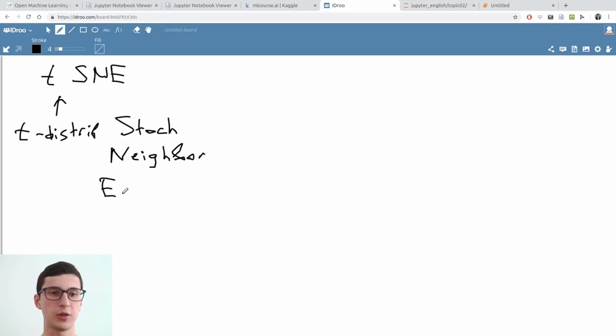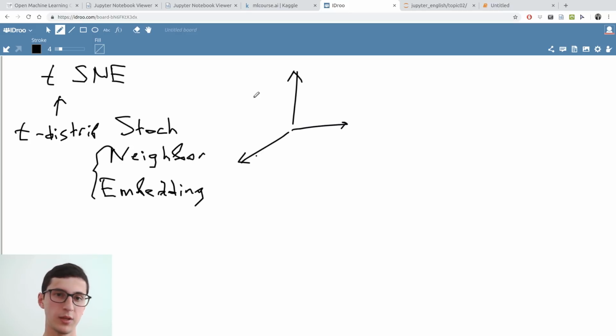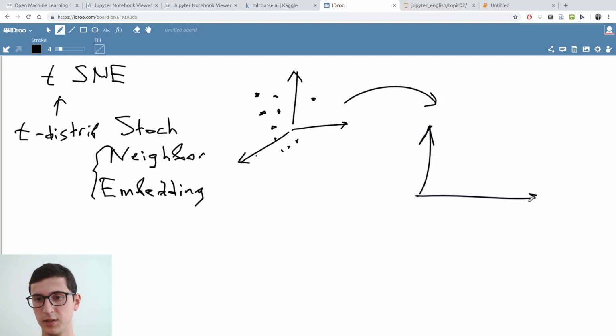So it's totally not a buzzword like Word2Vec, like anything from Neural World. It's an academic paper by Geoffrey Hinton's PhD student and Geoffrey Hinton himself. The main idea is this neighbor embedding. If we've got a d-dimensional space and some distributions of our observations in these d dimensions, we can somehow try to map these points